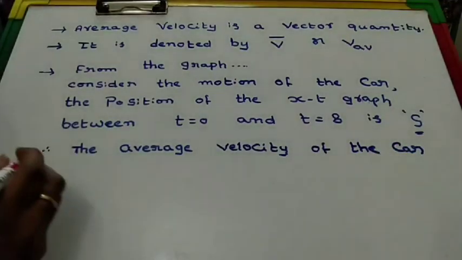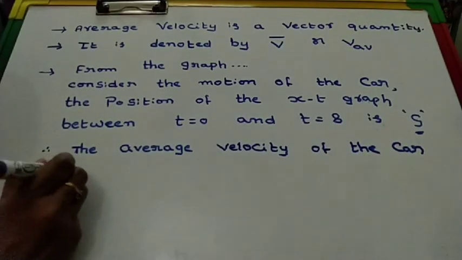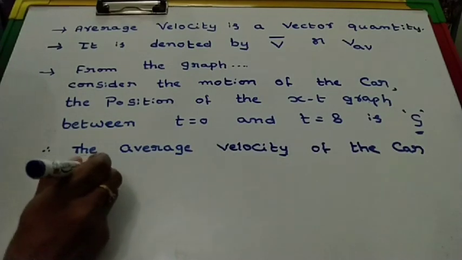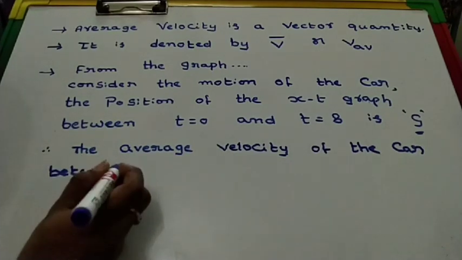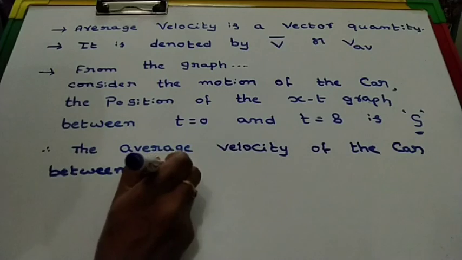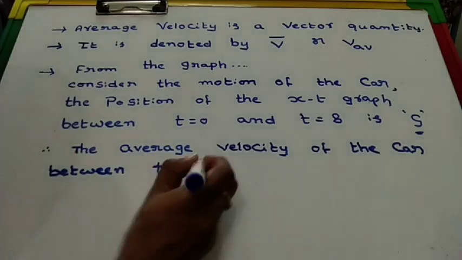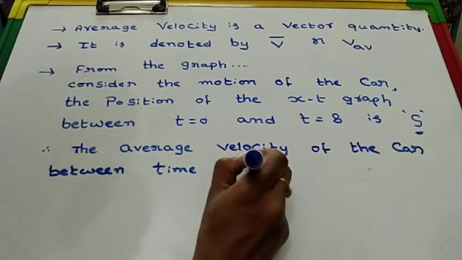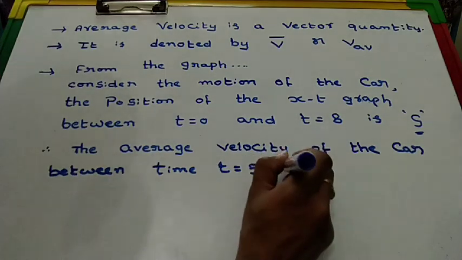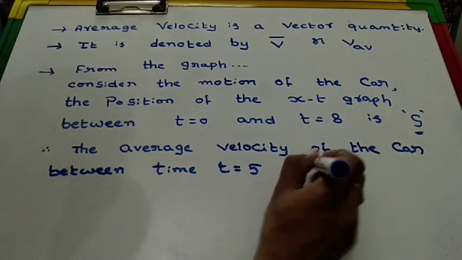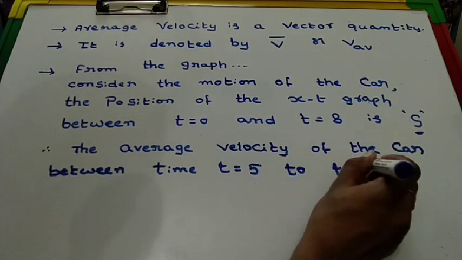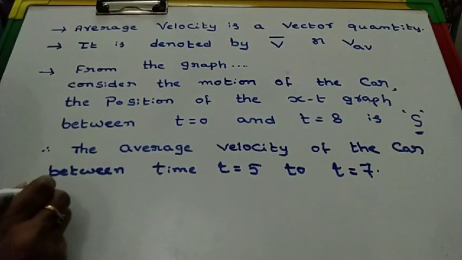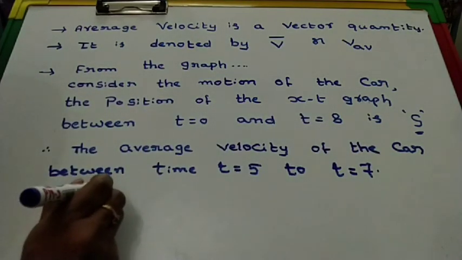The average velocity of the car between time t is equal to 5 to t is equal to 7 is given by